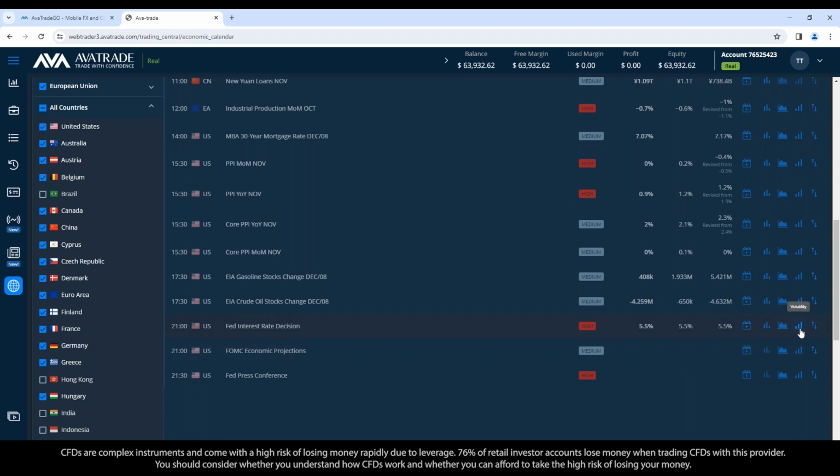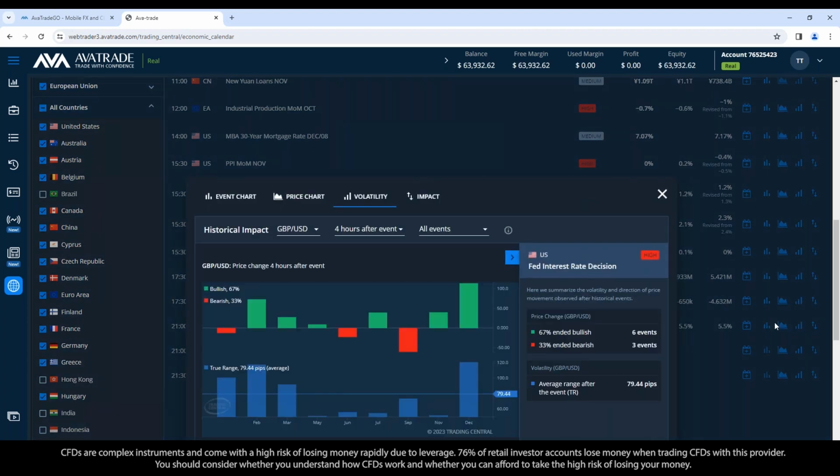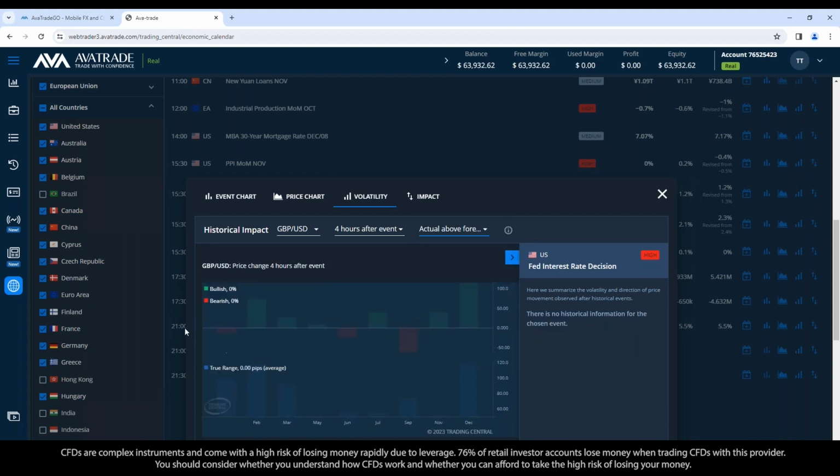Okay, so all of this, the reason I'm telling you is I want to show you what you could have done. Using this tool, before the announcement came in, you could have clicked on this volatility tool over here and analyzed, well, what happened after the last rate decisions that came in as expected? And again, we can look at how many came in above forecast in the past year or so. None. How many came in below forecast? None.